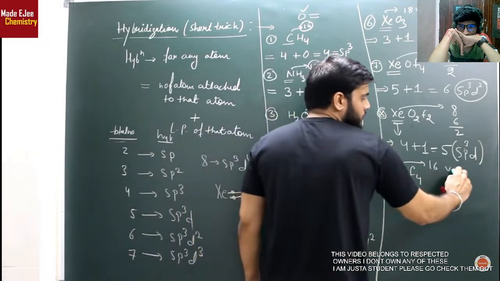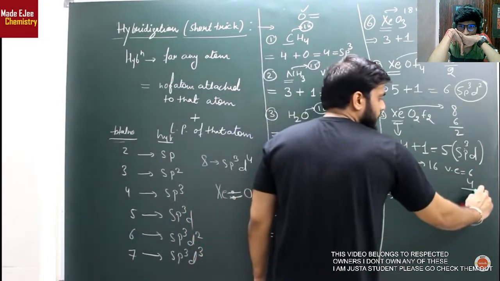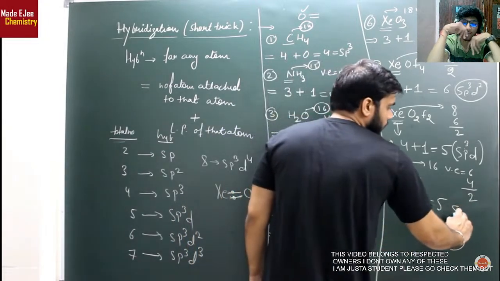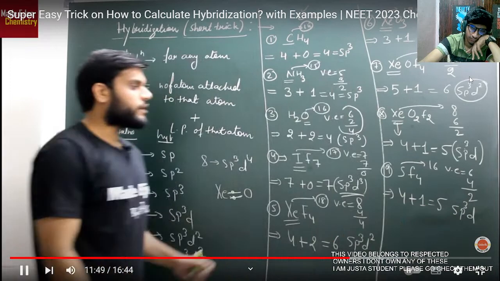सल्फर आता है 16 ग्रुप में, वैलेंस इलेक्ट्रॉन कितने होंगे उसके पास, ऑब्वियसली 6। इसमें से इसने 4 काम पे लगा दिए, पीछे बचे 2 इलेक्ट्रॉन, मतलब 1 लोन पेयर। 4 और 1 कितना होता है, 5। इसके रिस्पेक्ट में हाइब्रिडेशन कितनी होगी, ऊपर लिखिए sp3 और उसके बाद d, बहुत इंपॉर्टेंट है।